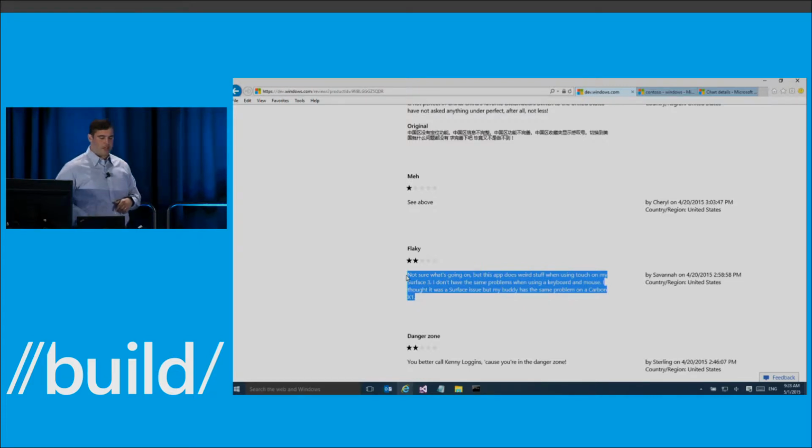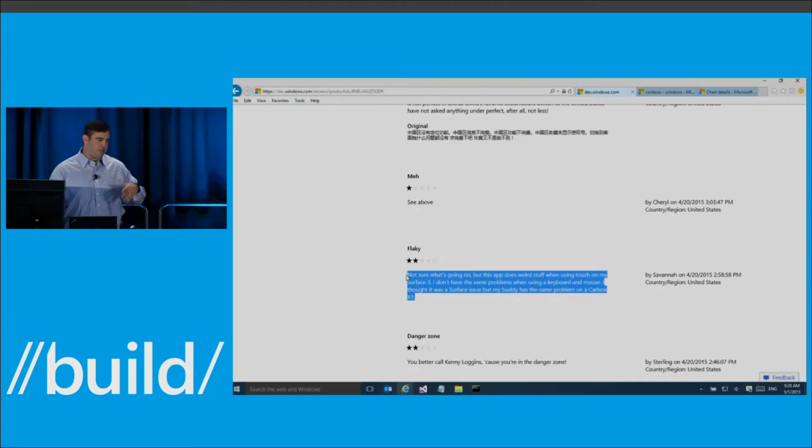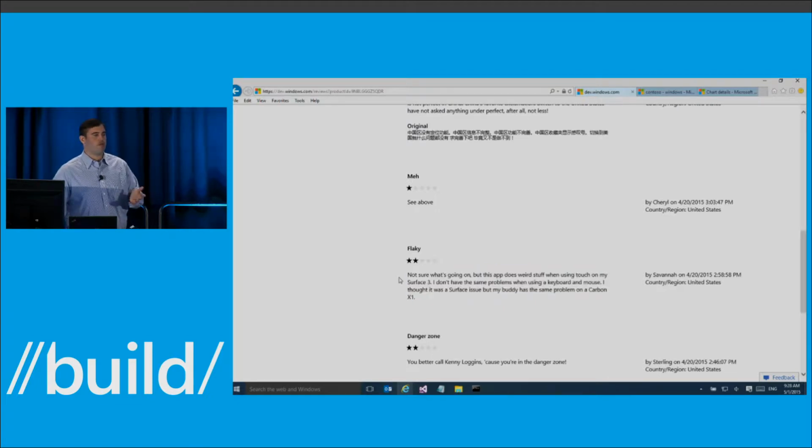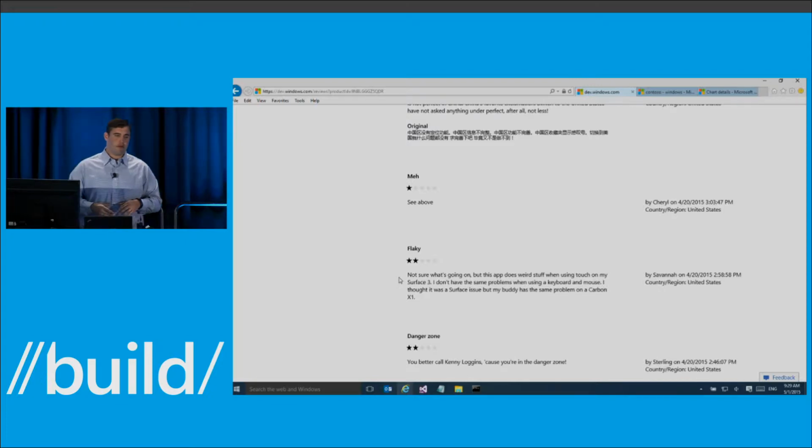So Savannah here was responding to our Contoso application and specifically said there's a problem going on with Service 3 for our application. Through this new respond to review capability, I would be able to privately respond to Savannah, maybe asking her to give me some screenshots or additional information that allows me to diagnose the issue within my application.